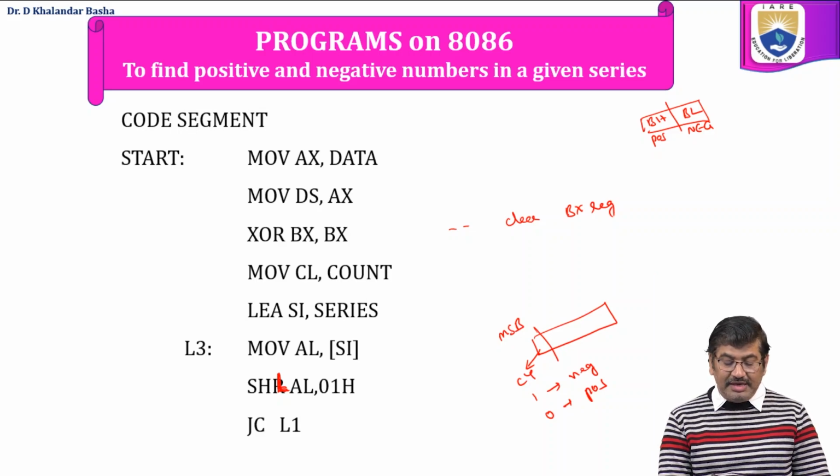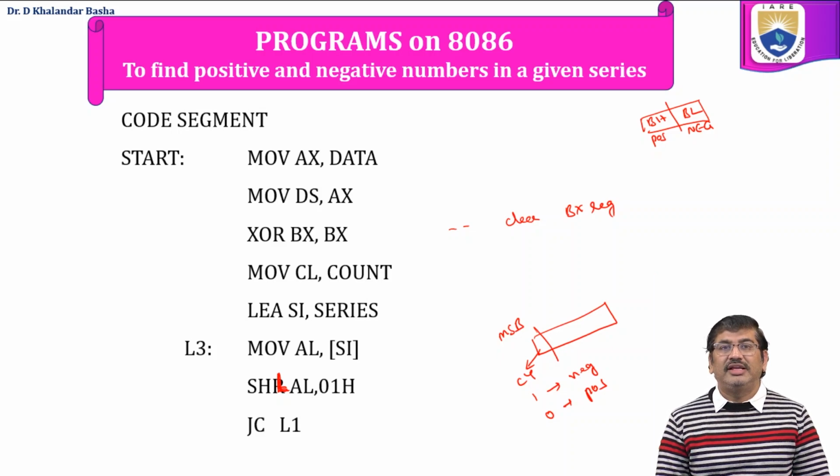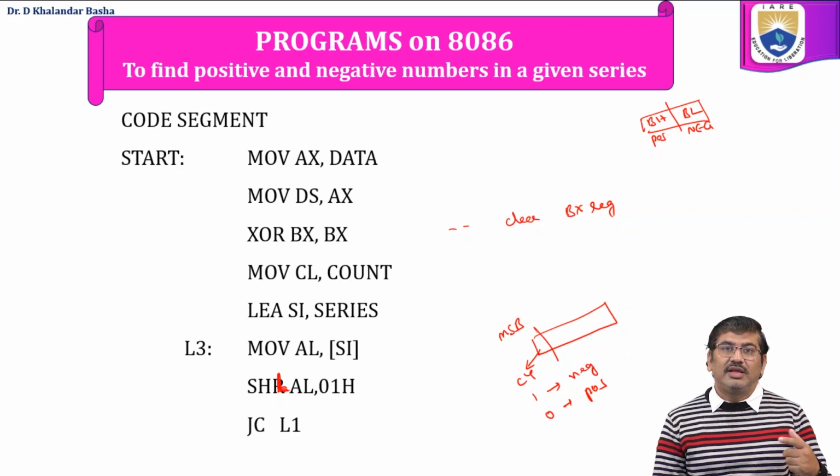For checking the carry flag, we write the JC instruction, JC L1. What this instruction indicates is, after shifting, if the carry flag is equivalent to 1, go to label 1. Carry flag equal to 1 indicates a negative number. So at label 1, we write the instruction for incrementing the count related to